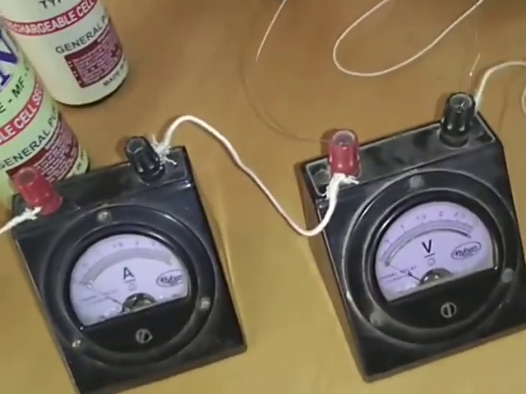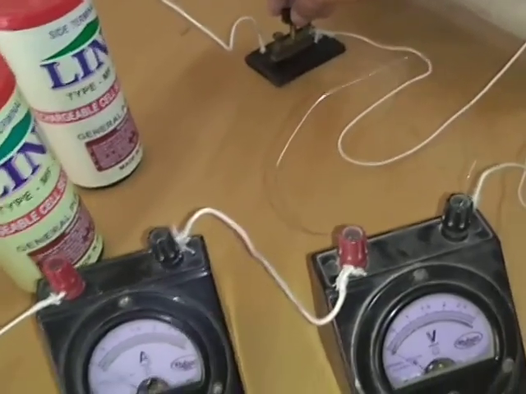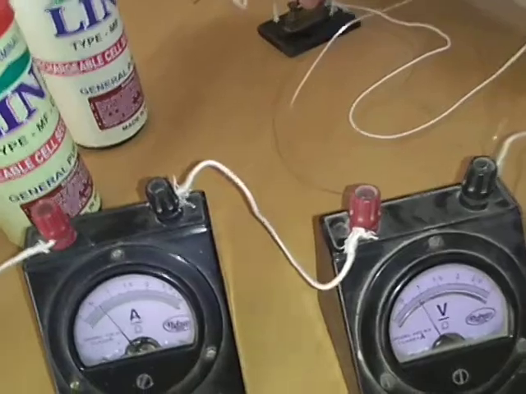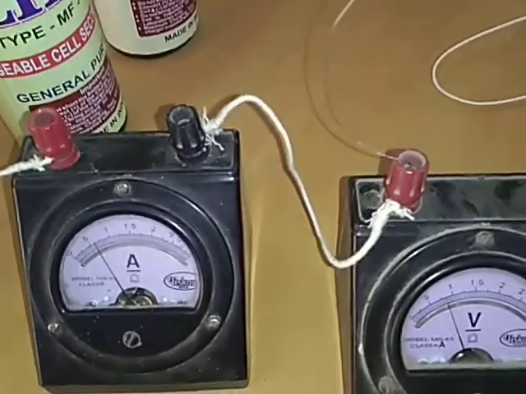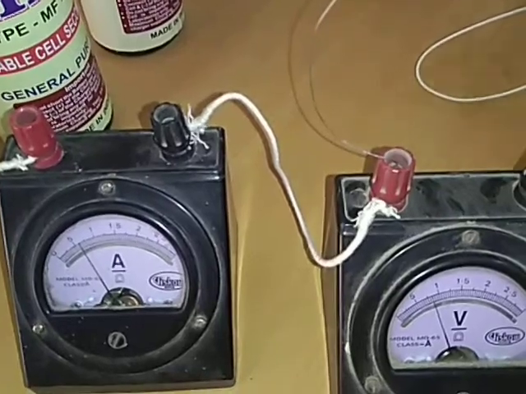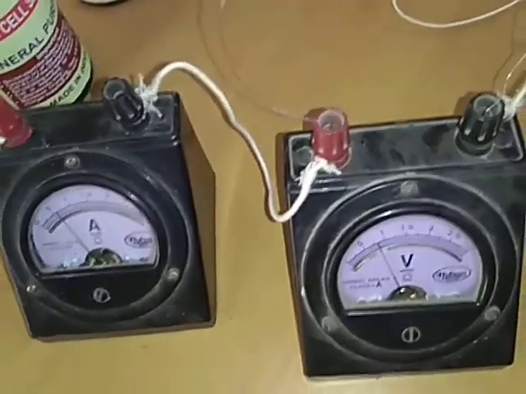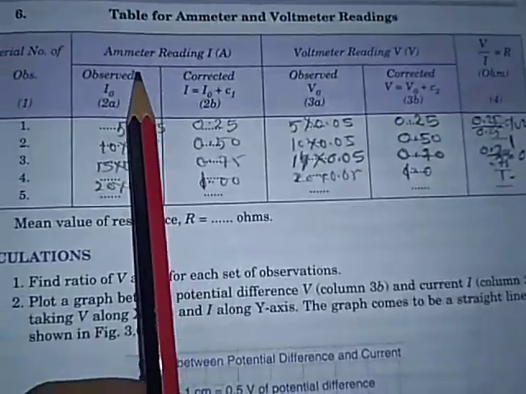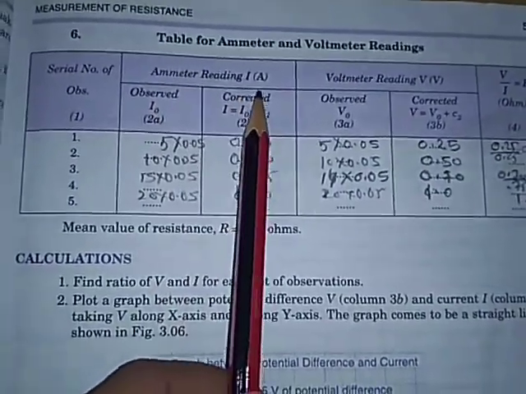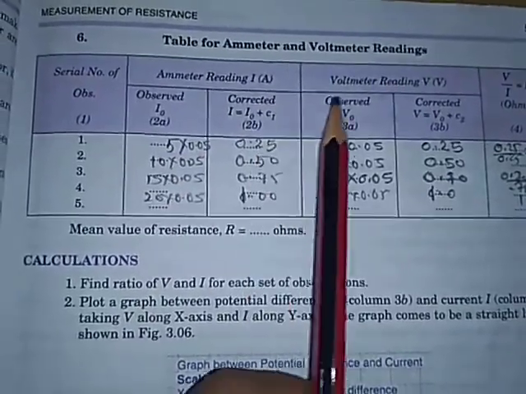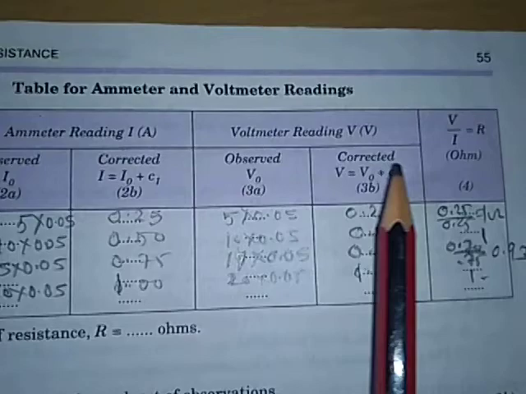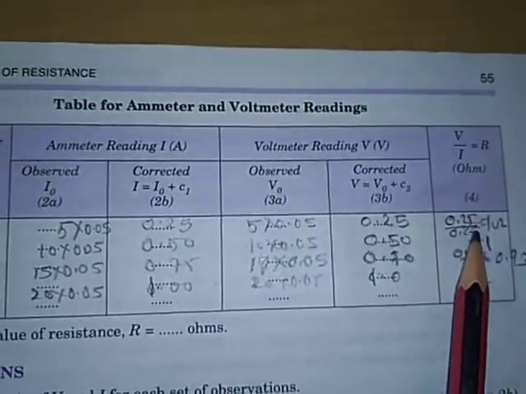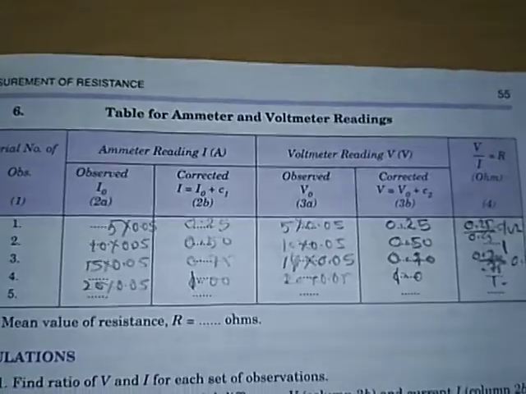Now students, while we make the key on, then we observe the deflection in the ammeter as well as in the voltmeter. Now we are coming towards the table of observation. In this table we have to mention the ammeter reading, observed and corrected, then voltmeter reading, observed and corrected, then we will calculate the unknown resistance. For this, what we will do, with the help of this rheostat,